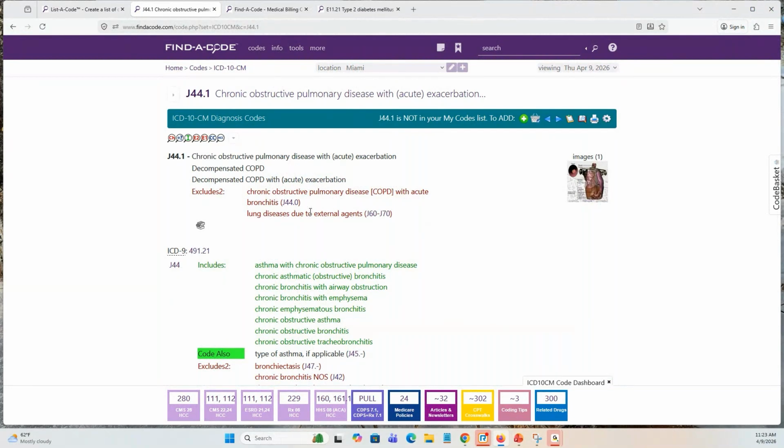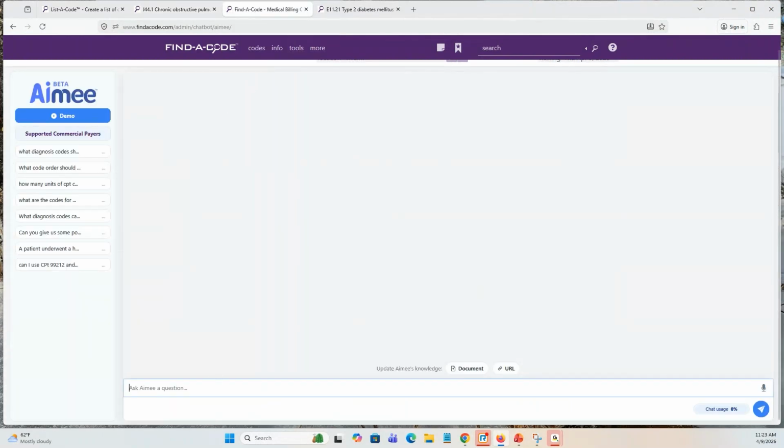So if you're finding that your teams are in a tool that doesn't give you lots of options for NDC numbers, packaging labels, all those types of things, maybe really take a good look at Find a Code. It's just going to give you lots of great information from that point of view as well. And just for a quick example, maybe we can go into Aimee and quickly ask, if I have a drug that I want to know what the NDC numbers are, I could say, hey, Aimee, what are the NDCs associated with